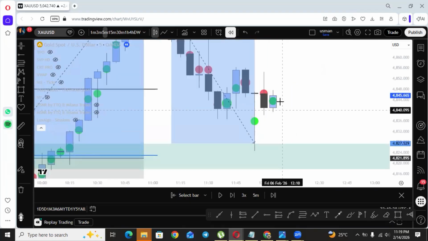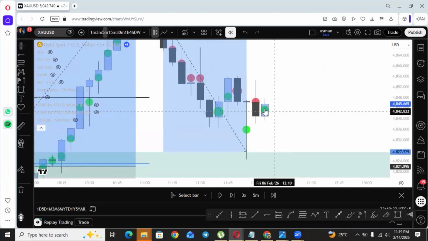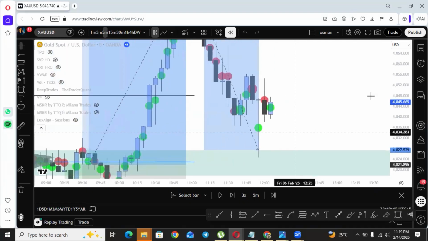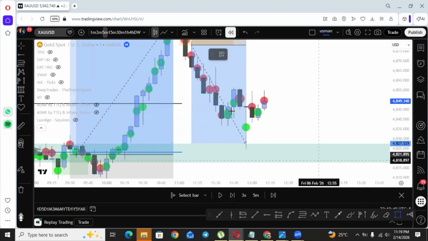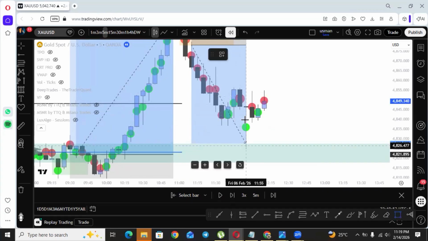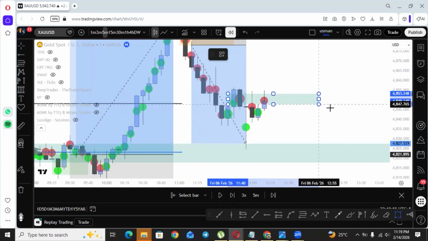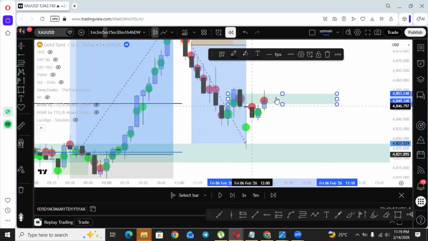and then buyers again trying to show their aggression. But this is not a good follow through of buyers toward this aggression. I need a good follow through from buyers if I need to enter into the trade. So let's wait for the market. Again, sellers are trying to push the market down. Why? Because buyers try to push the market up, sellers absorb them and push the market down. Buyers were exhausted previously at this level.